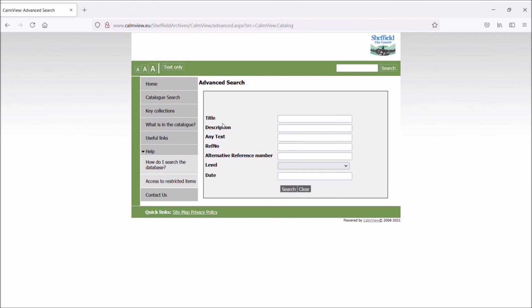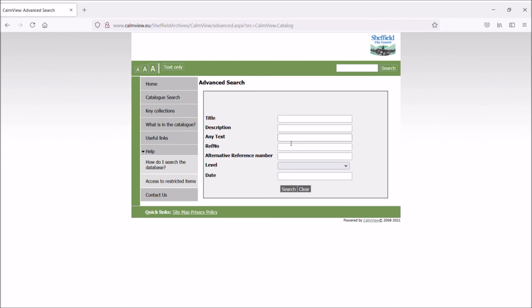It's worth bearing in mind when you use the advanced search boxes, these will search for exactly the phrase you put into the box. So for instance, if you search for Darnall School, it will search exactly for that phrase. So it would not find, for example, Darnall Grammar School, Darnall Church of England School, or Darnall Free School.